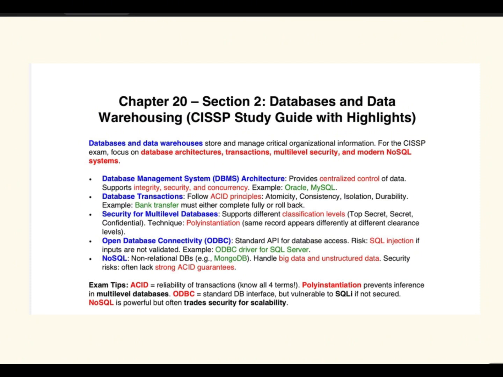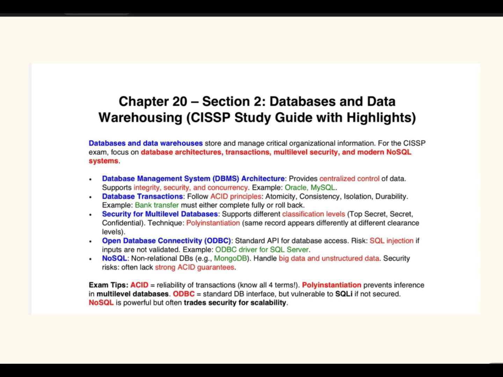The CISSP exam focuses on database architectures, transactions, ACID principle, multi-level security, and modern NoSQL systems. So, if we talk about